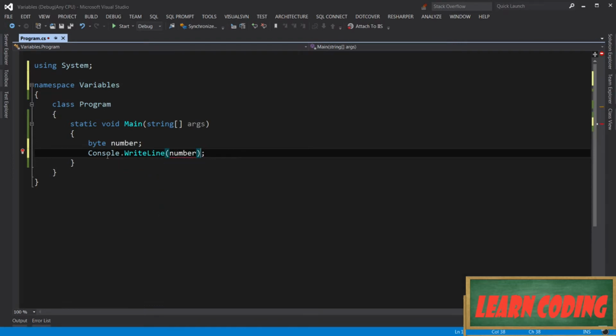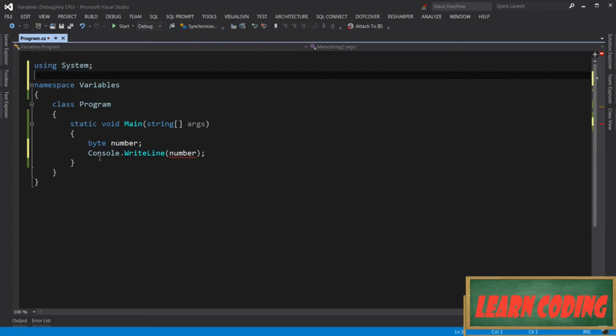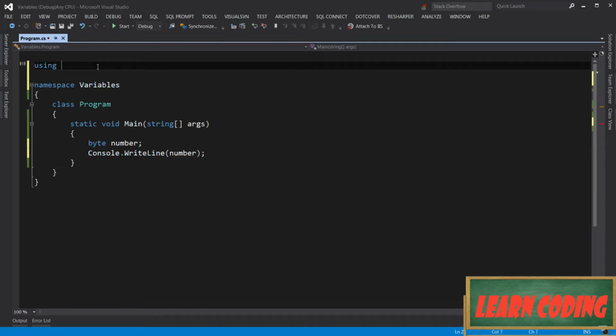Note that as I was typing Console.WriteLine, my ReSharper plugin automatically added this using statement on the top. System is a namespace, and Console is a class that is defined in the System namespace. So in order to use the Console class, we need that declaration here on the top. If you're not using ReSharper, you have to go here and manually type using System;